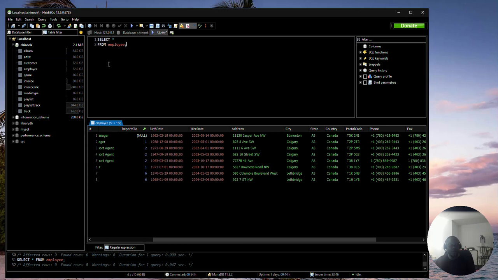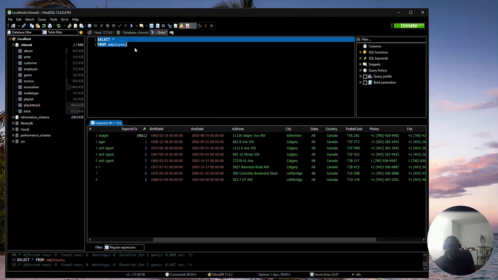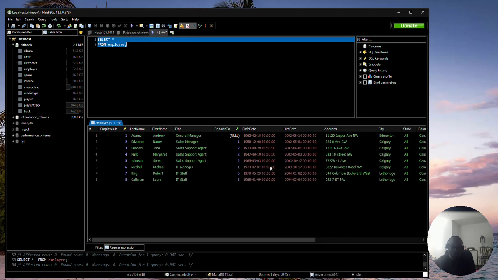You can go up here and execute, or use F9 on your keyboard, or you can right click and run selected, or press Control F9. If we run it, we see everything displayed that is within the